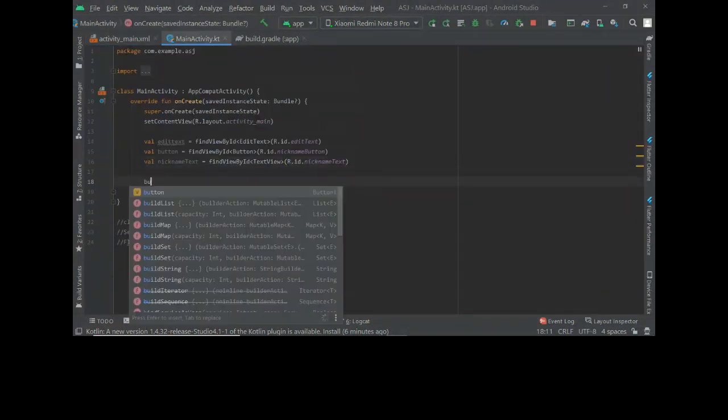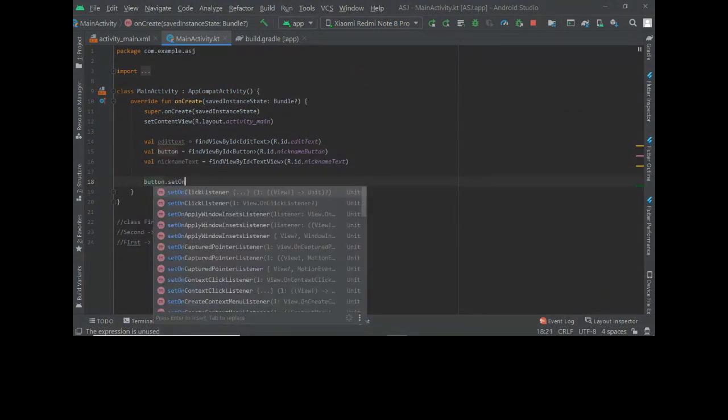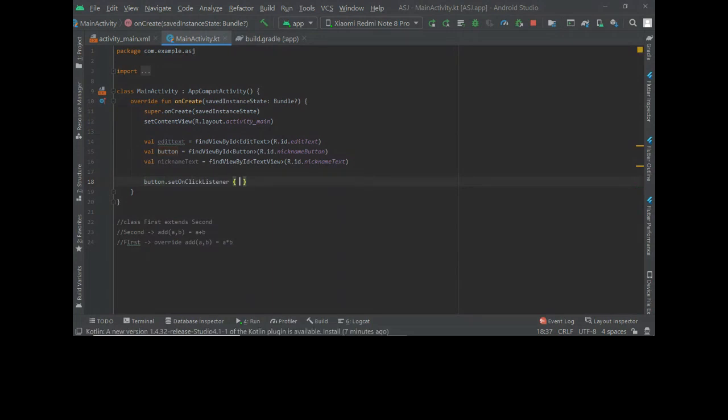So button dot, we can do something like set on click listener. As the name suggests, we click on the button and we're setting what action should happen when somebody clicks on the button.